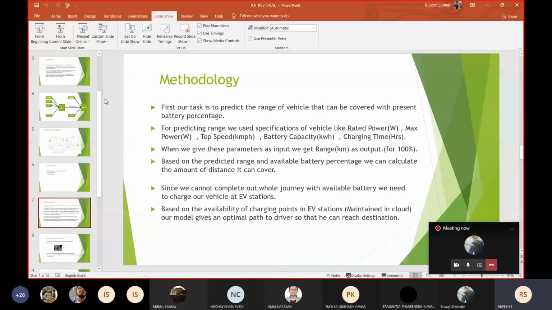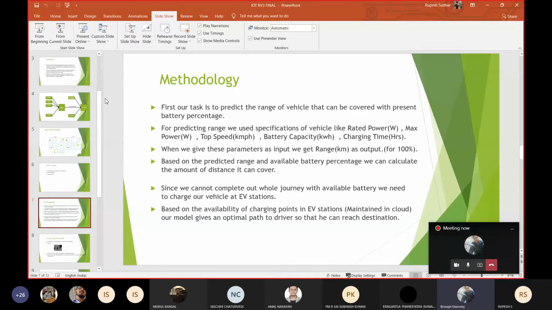Every project needs to have some motive, and our motive is that an electric vehicle has to be charged to go to a distance. Since electric vehicles are a new technology and there are very few charging stations available, we have to be efficient in finding the best path.